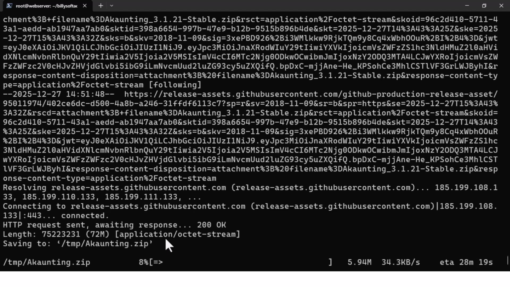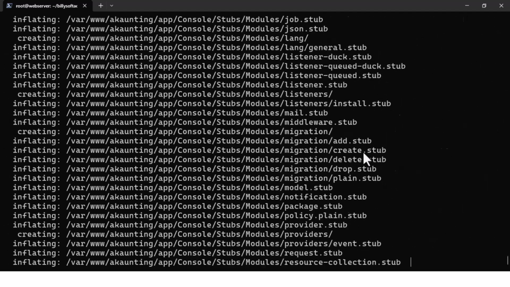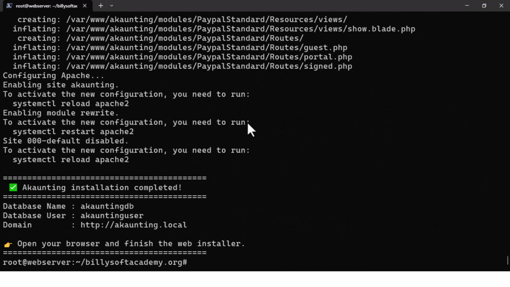As you can see, the script is now downloading the zip file, which contains the Akaunting application files. This may take a bit of time, and it depends on the performance of your internet connection, as well as configured resources on your Linux Ubuntu server. So you just have to wait for the download process to complete. Once it is done, the script will automatically unzip the zip file and complete the setup for you. You will see an installation complete message, including the domain name that you need to visit to complete the